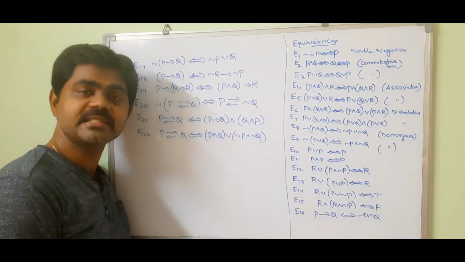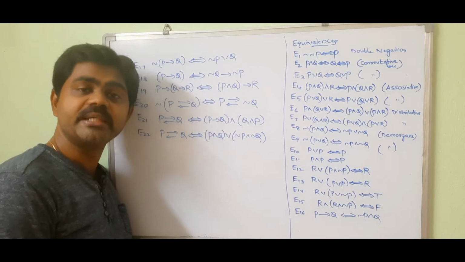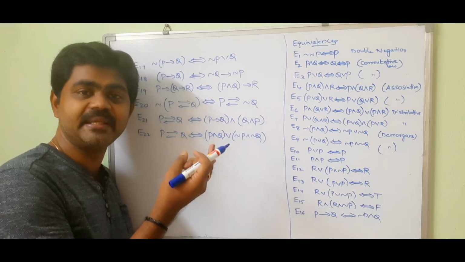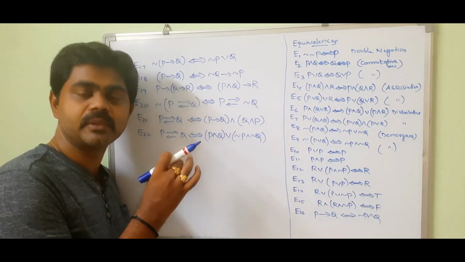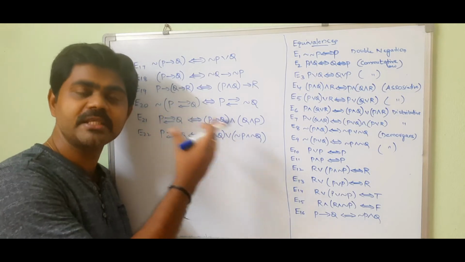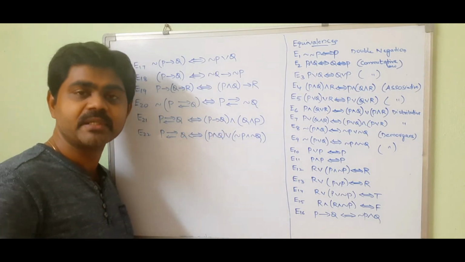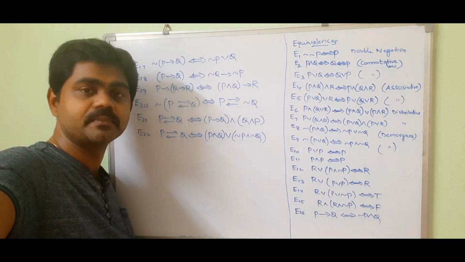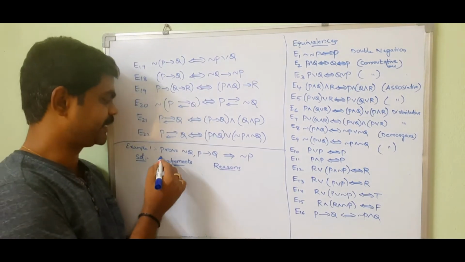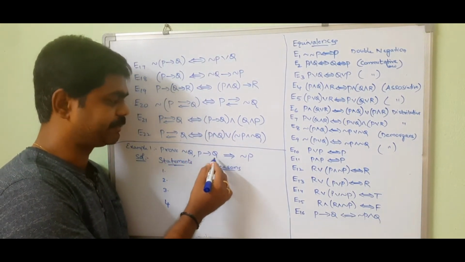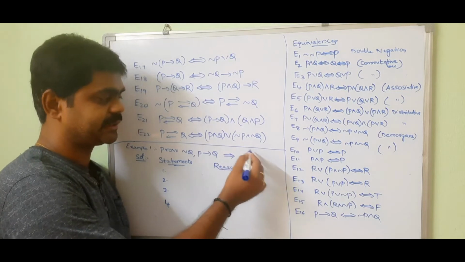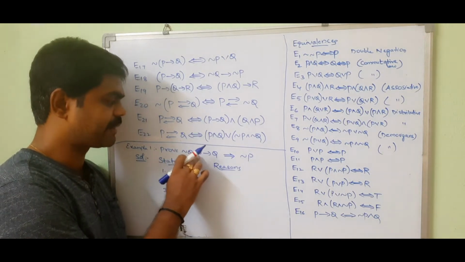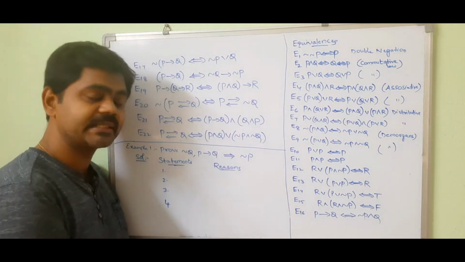So if you remember all these 14 implication rules, 22 equivalence rules, and two rules, rule P and rule T, we can solve any problem. Why? Because we will apply all these rules while solving those problems. Let's see a problem so that we'll get a clear idea. What sort of rules are we using? We have a problem here: prove negation Q, comma, P implies Q. We should get negation P. So the given is negation Q and P implies Q, and we should have negation P.